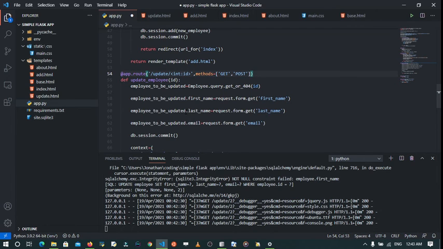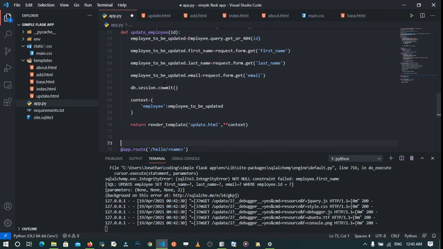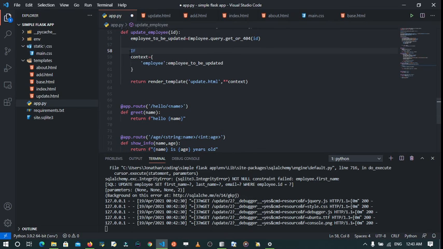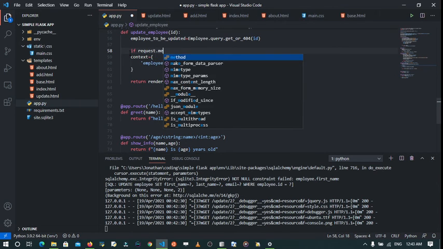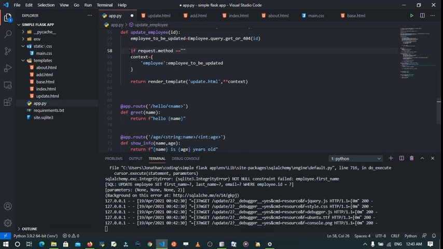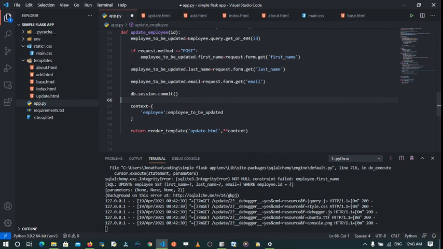Then methods such as GET and POST. So when you have that, we can actually specify our method to be POST. If it's a method of POST, we can have this. So I can say if request.method is equal to POST, then we're going to do the following: